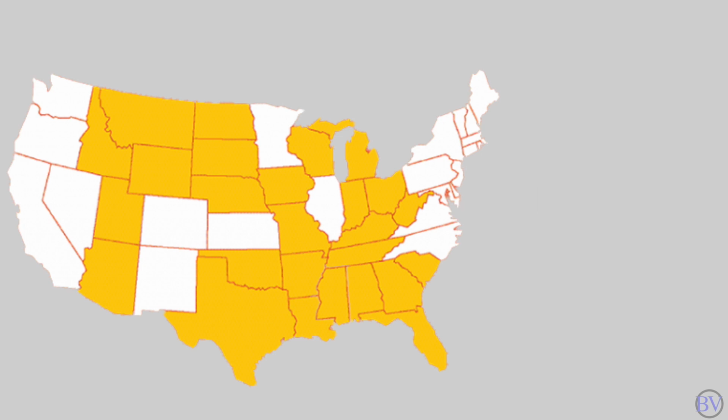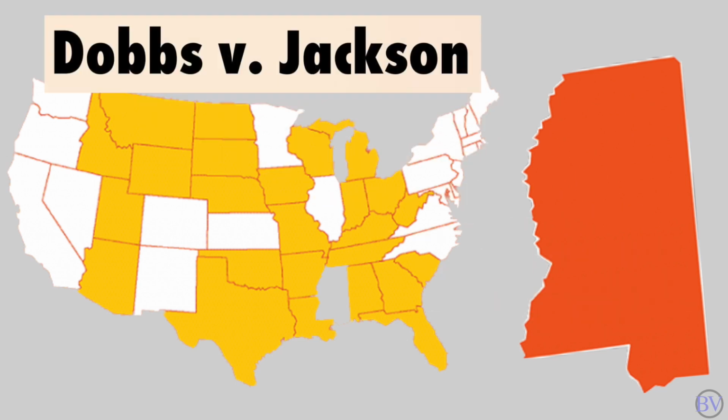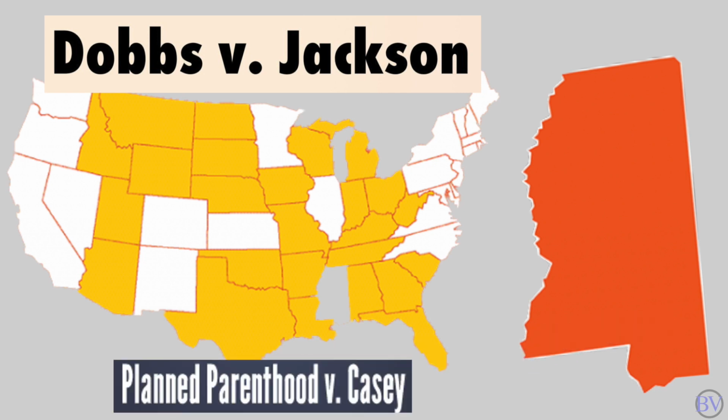Unfortunately, that gray area left room for states to challenge abortion, and Mississippi did just that in 2018 when they passed a law that banned abortions after 15 weeks of pregnancy. Lower courts prevented enforcement of the law in the case of Dobbs versus Jackson Women's Health Organization, with preliminary injunctions based on the ruling in the Planned Parenthood versus Casey case, which had prevented states from banning abortion within the first 24 weeks.